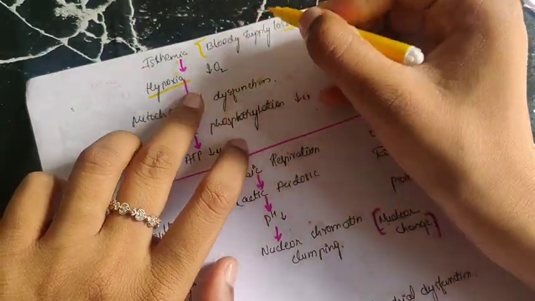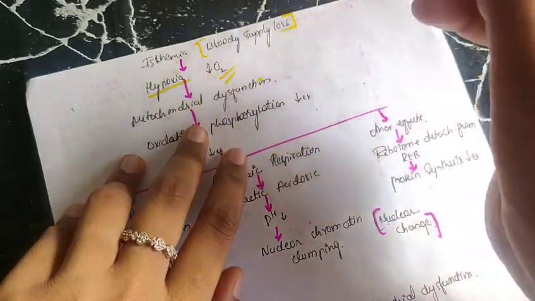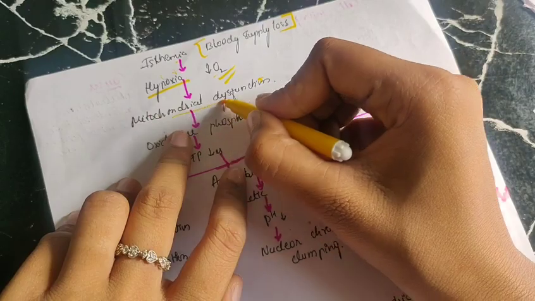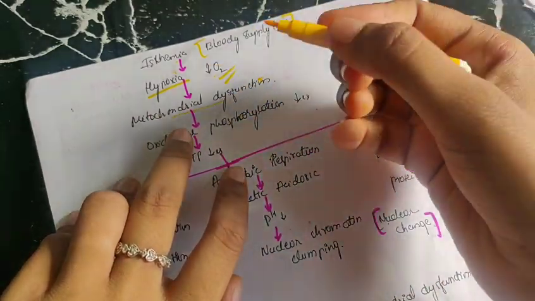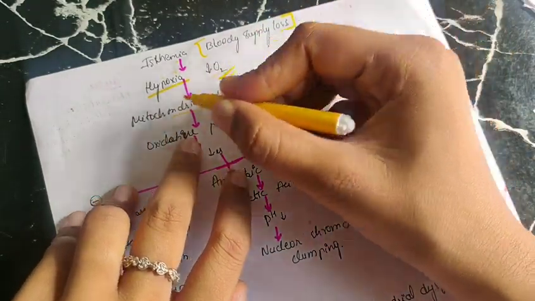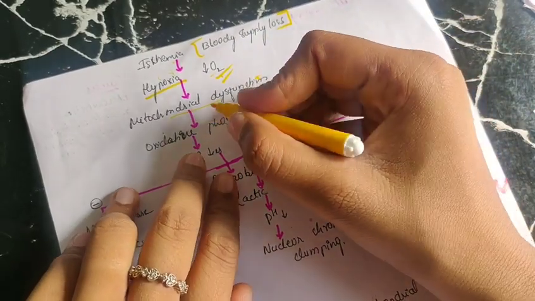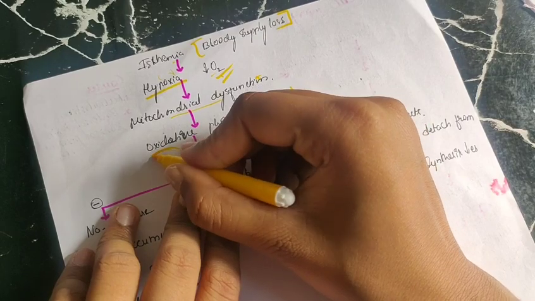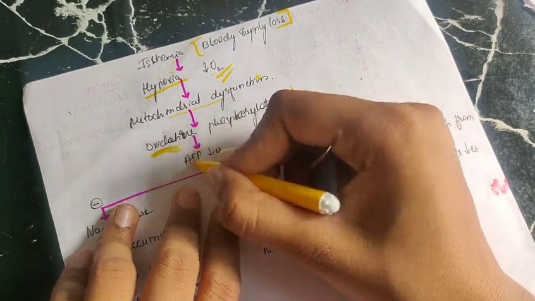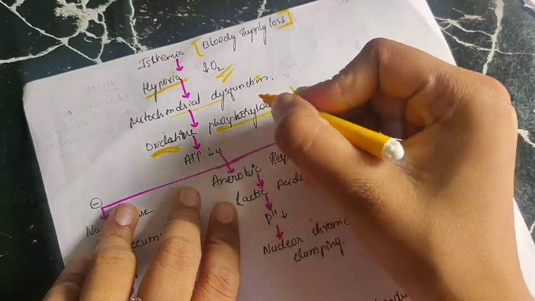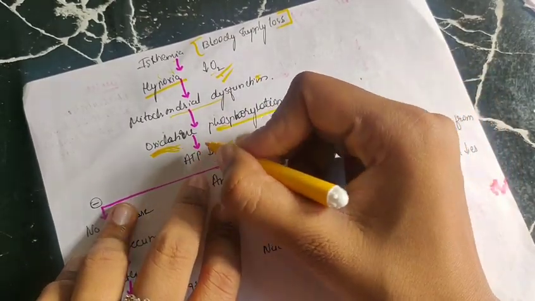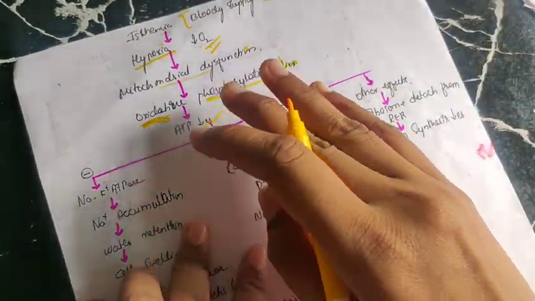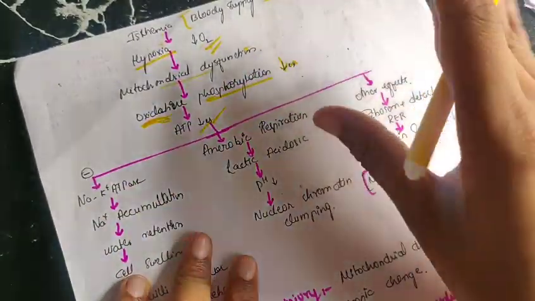Whenever there is ischemia, loss of blood supply, the oxygen supply to that part also decreases, so there will be hypoxia. Mitochondria require oxygen for oxidative respiration. With decreased oxygen, mitochondria start dysfunctioning, so oxidative phosphorylation also decreases. Oxidative phosphorylation was giving ATP, so it was producing ATP. If this decreases, ATP production also decreases. Now three situations may happen.